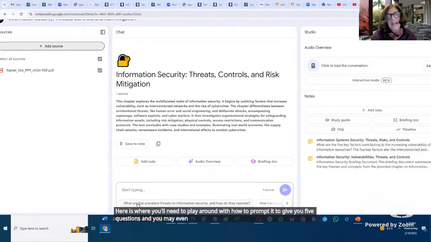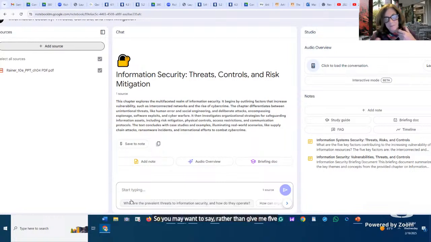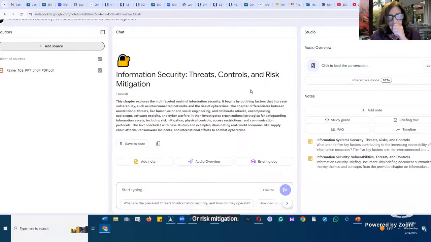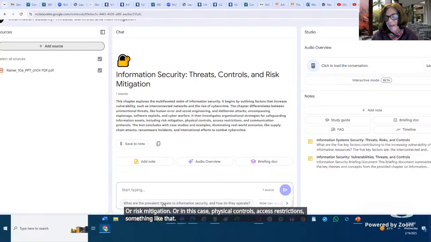I would say, give it 5 questions on the most difficult parts of the chapter, the parts that you're not quite aware of. So rather than "give me 5 questions to study for the exam," you may want to say concentrate on 5 multiple choice questions that talk about controls or risk mitigation, or in this case, physical controls, access restrictions, something like that. So you can make this specific, and then you'll create